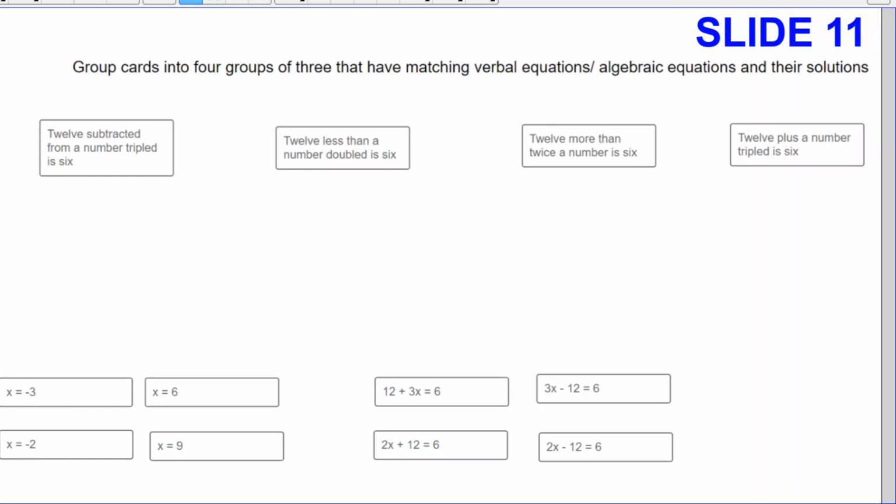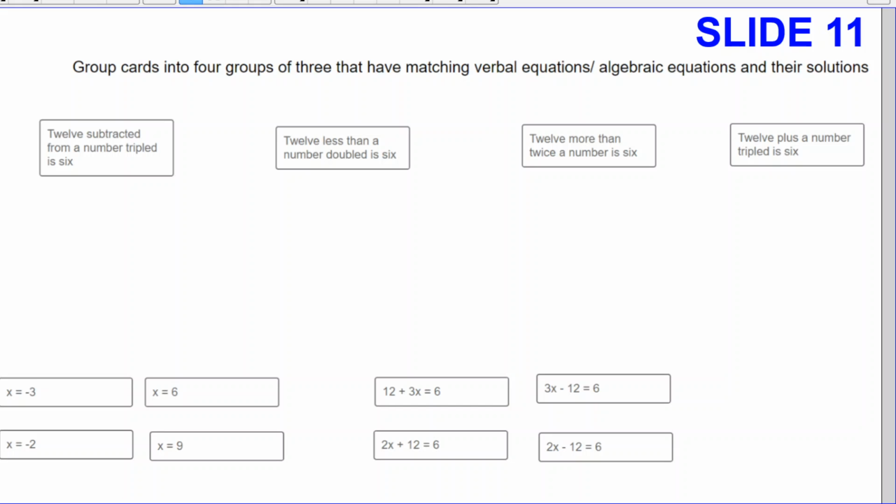Oops. This one's not going to be as easy to show, unfortunately. I tried to move the cards together a little bit. There's basically 12 cards that you're going to match together. And you're going to drag one on top of the other, and it will actually group them for you. So it says group the cards into 4 groups of 3 that have matching verbal equations, algebraic equations, and their